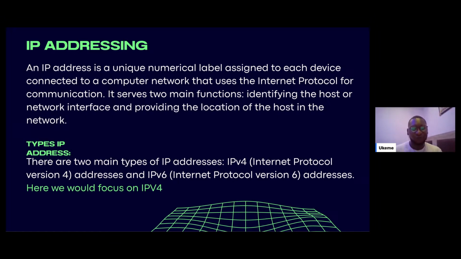Let me give you an example now. You have a dictionary and then you're looking for a word, let's say computer. Now, to find that word in that dictionary is very easy because it is already categorized. You just go to C, and in less than a few seconds, you've already found that particular word in that dictionary. So that's how it is in terms of computing. There are over, I think, 4 billion IPv4 addresses. And how can we categorize them?